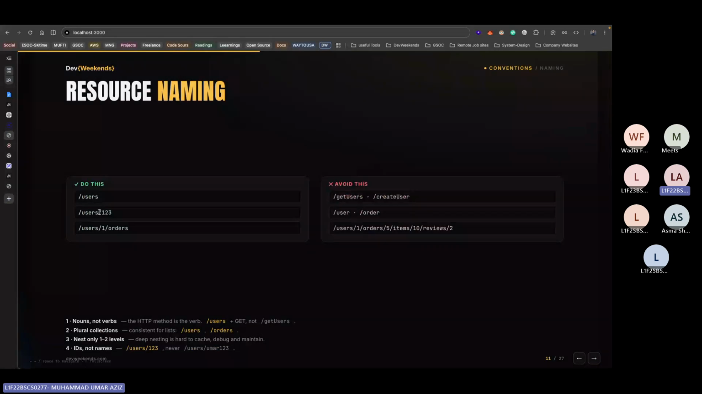So when we are getting a single user, we will have the resource name, obviously in the plural, and then we will add the ID as a param in the URL, and that ID will filter the user accordingly and respond back. And then the third thing is that